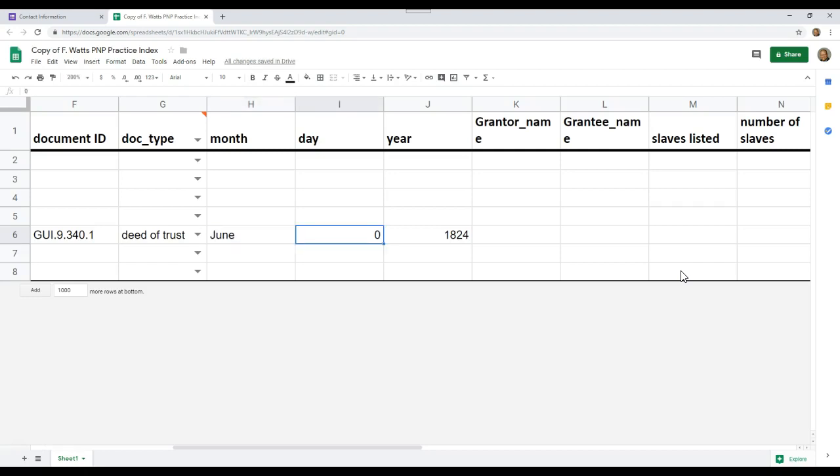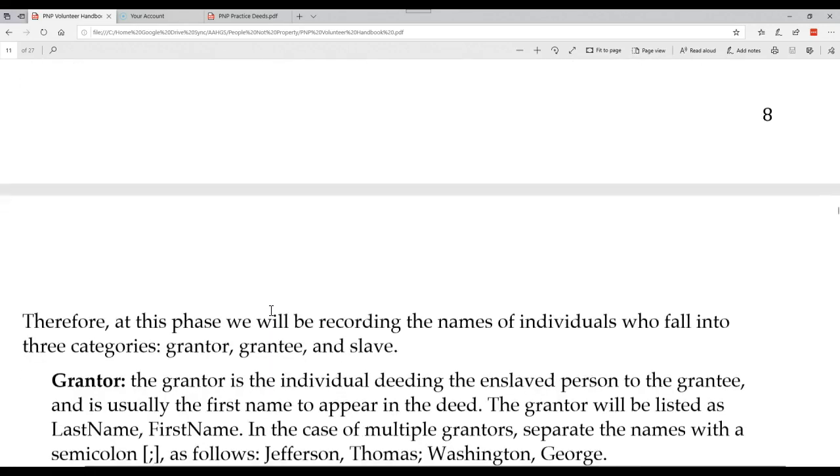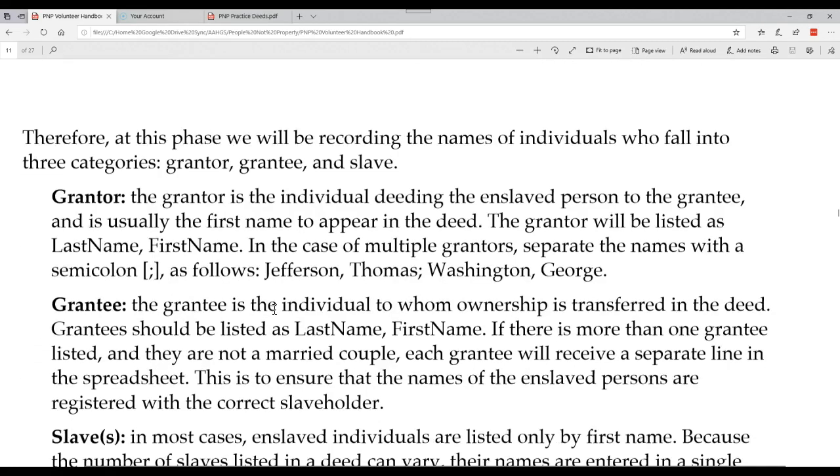And so I have June, and I'll stick with the 3rd for the time being, just as a placeholder so you can see what's taking place. Next, we have the grantor name, the grantee name, and the slaves listed. So back to the handbook, grantors, right? The grantor, that's the person that's deeding it to